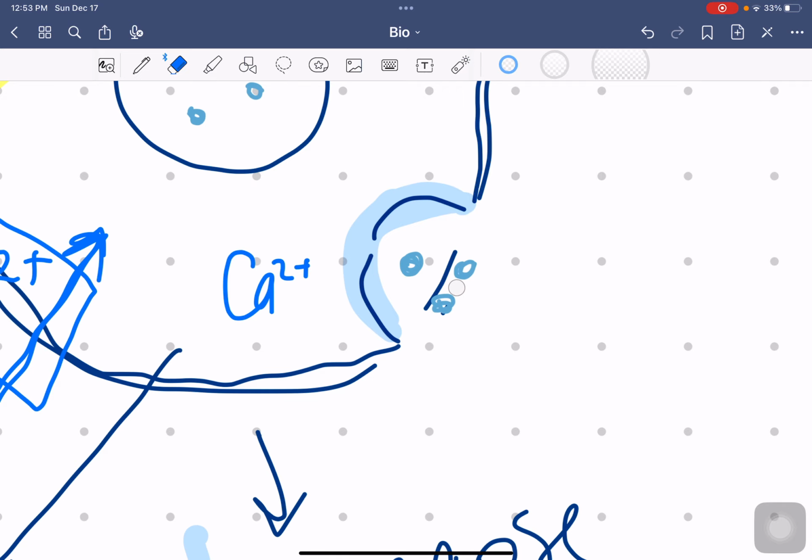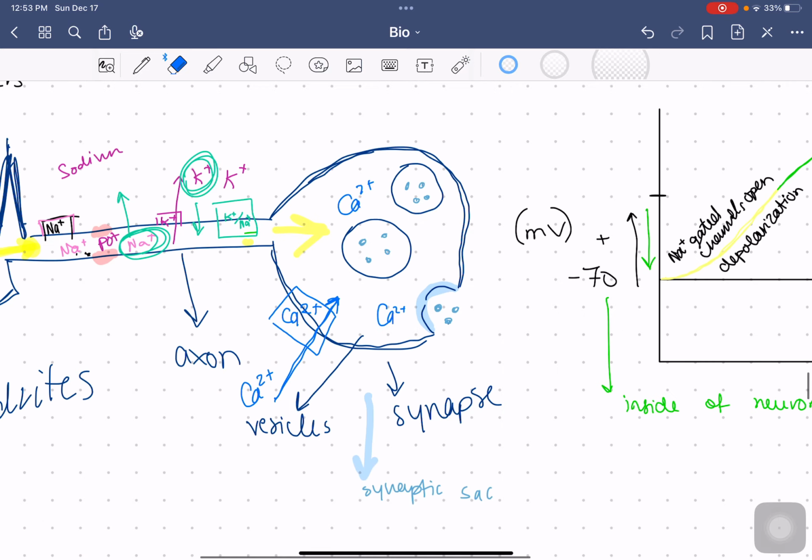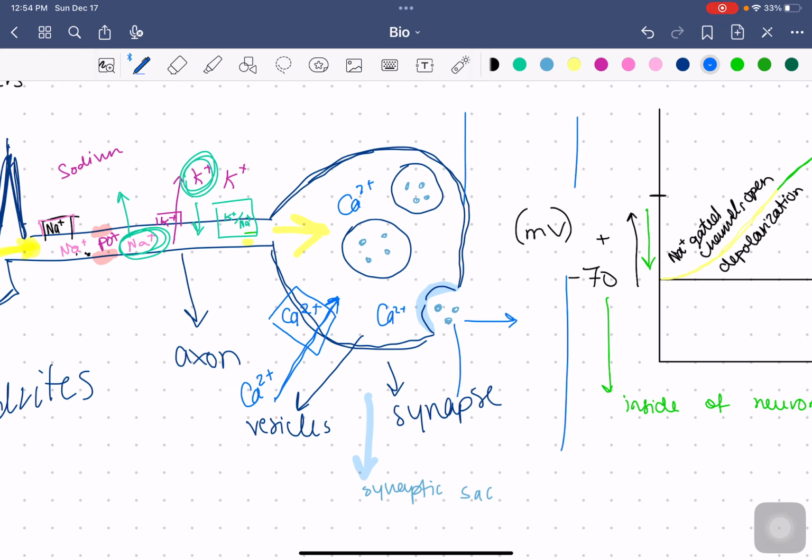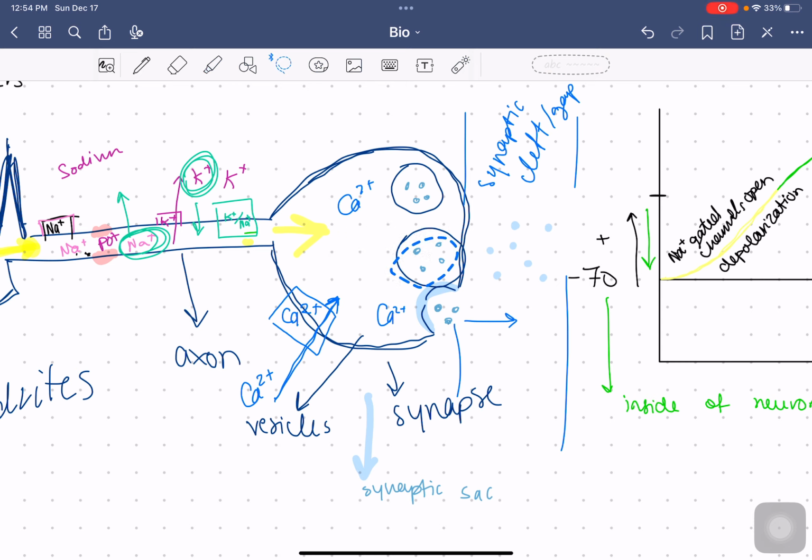We're going to get all the little neurotransmitters out of the sac, and they are going to be expelled into the synaptic gap over here. It's going to be our synaptic cleft or gap. So all these vesicles are going to do the same. They're going to fuse with the cell membrane and expel their contents out here. After that happens,